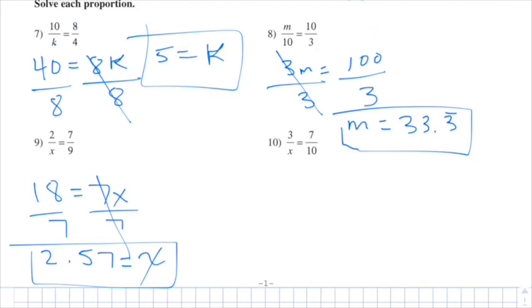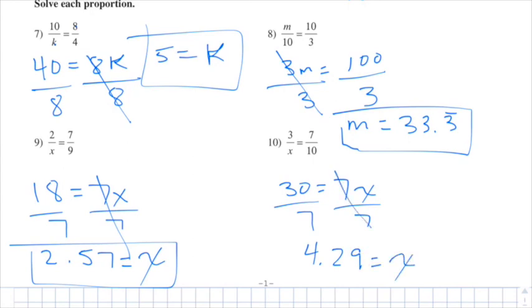Number 10. 3 over x equals 7 over 10. So cross multiply. 3 times 10 is 30 equals 7 times x gives us 7x. And when we divide both sides by 7, we end up getting 30 divided by 7 on this side is 4.29. 7's cancel. We end up with x on this side,